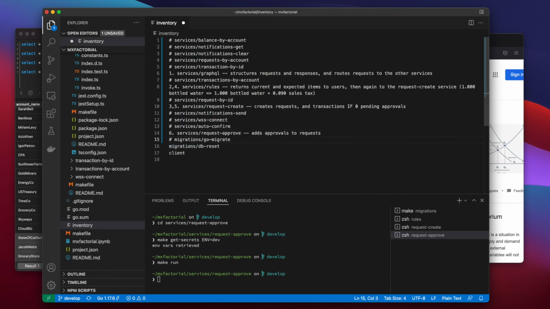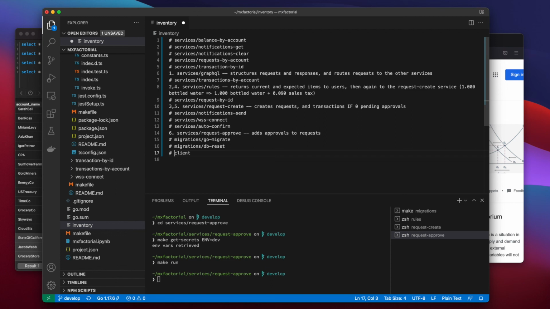The Go Migrate service standardizes database migration deployments from Lambda. Check in your change to migrations. The Lambda will deploy it for you to your dev environment. And that's exactly how it'll deploy to prod. DB Reset is another internal convenience tool that resets your RDS database upon receipt of an HTTP request. Helpful when you're not near a terminal. Finally, the client. Little old web client for demo. The public can come up with their own clients.